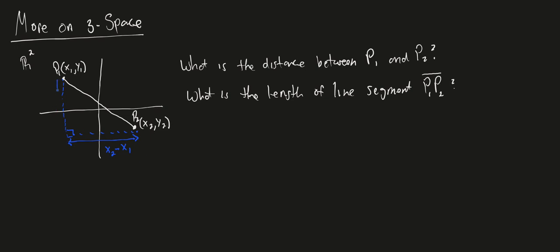And then do something similar for the height of that triangle. Just take the difference between the y values. So take the larger y, which in this case is y1, and subtract the smaller y value, which is y2. So there you go. We have the base. We have this side and this side, and we have a right triangle. So this line segment represents the hypotenuse of this triangle. So by Pythagoras,